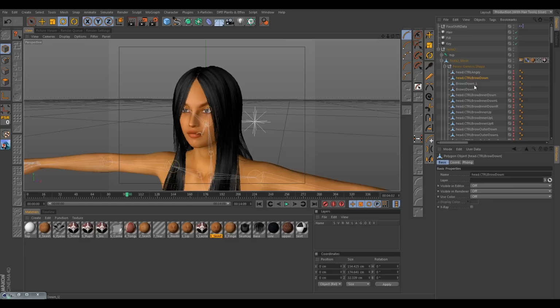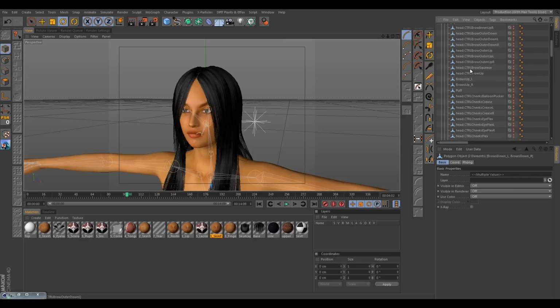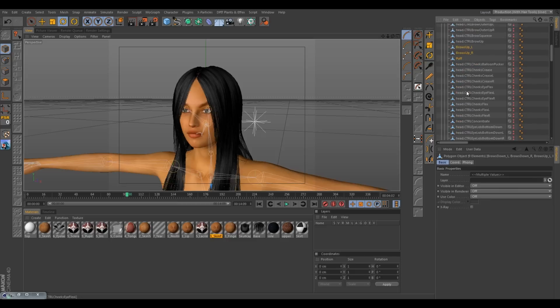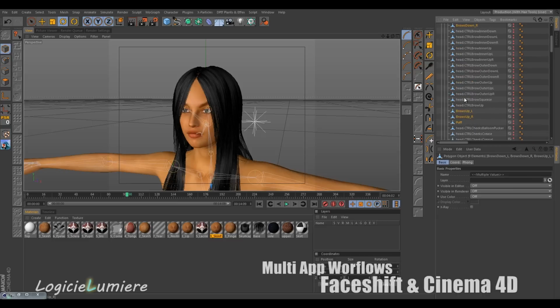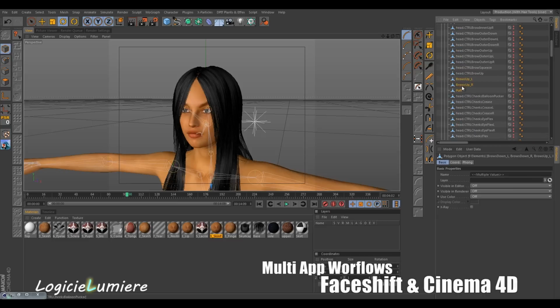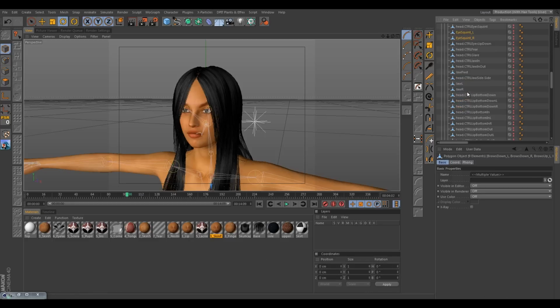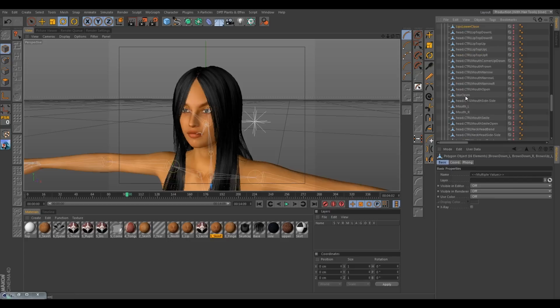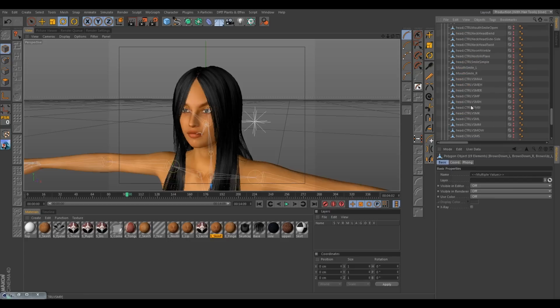Alrighty, so I renamed all the morphs, and what we want to do now is go ahead and select all of the morphs we renamed, just like so. So we're just going to go through and make sure we carefully find all the renamed morphs. We can tell that they're renamed because they don't have the head control odd naming convention that Daz brings in. So we can go ahead and continue to do so. And here we are.